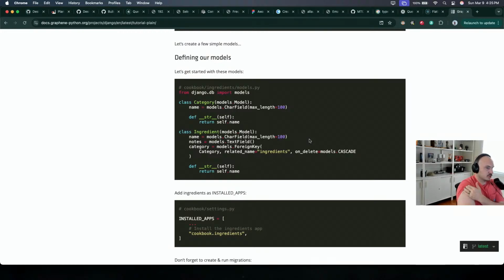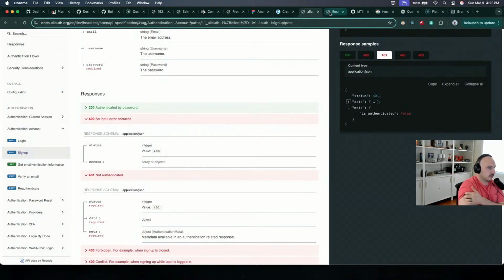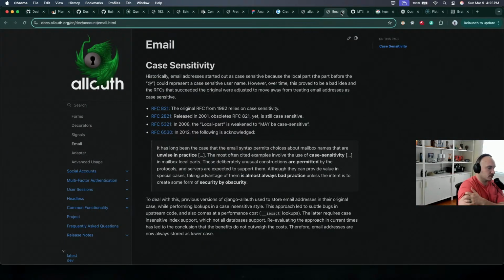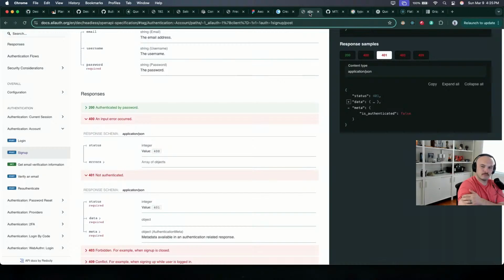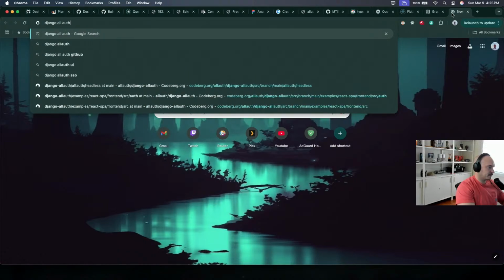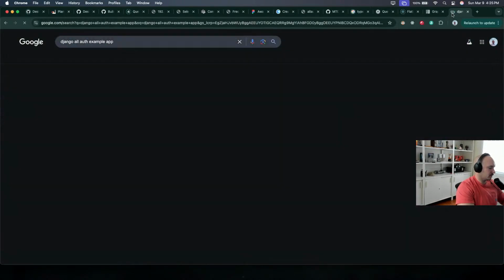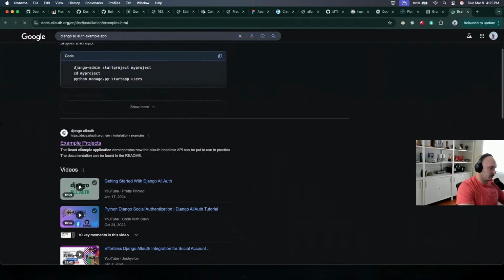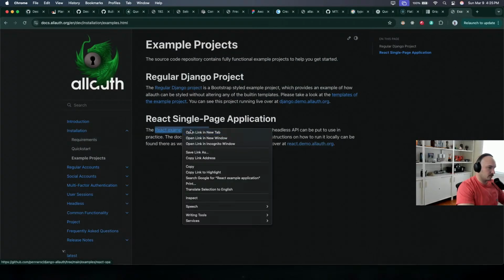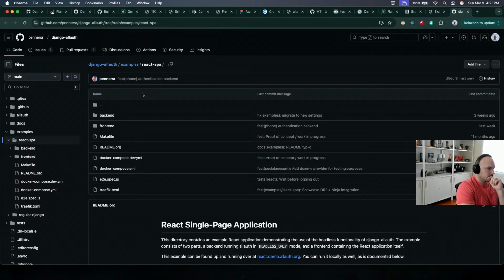I got this from the allauth stuff. Their documentation talked about how I could use it, and I got it from their example app. So let's look here again. Example projects. We want this one. Oh, interesting. This takes me back to GitHub now. It used to take me to, I forget what the heck they called it. So if we go here,